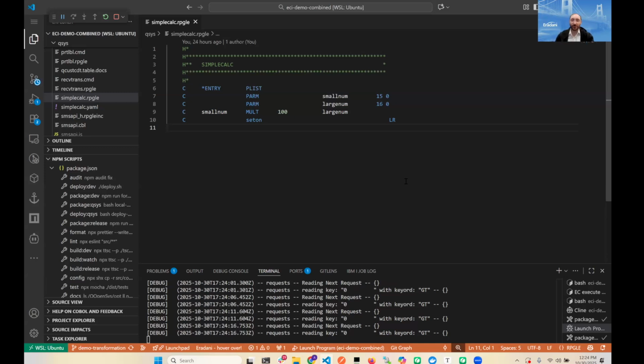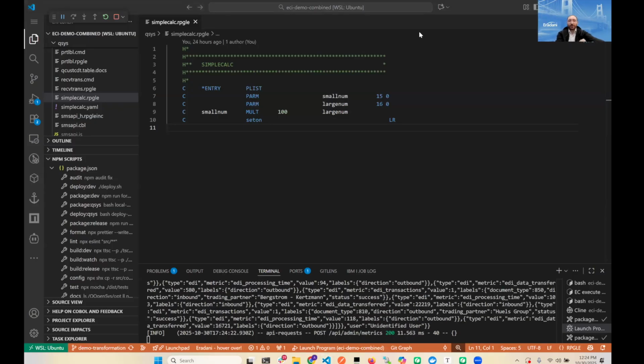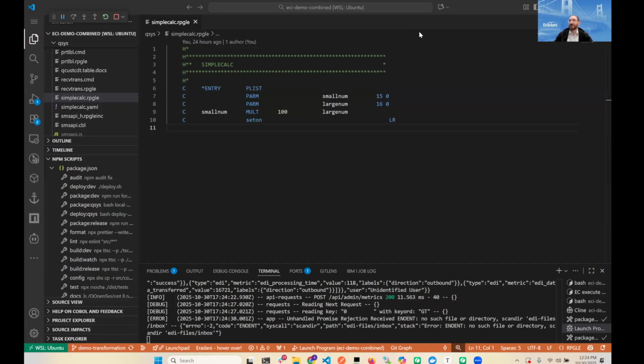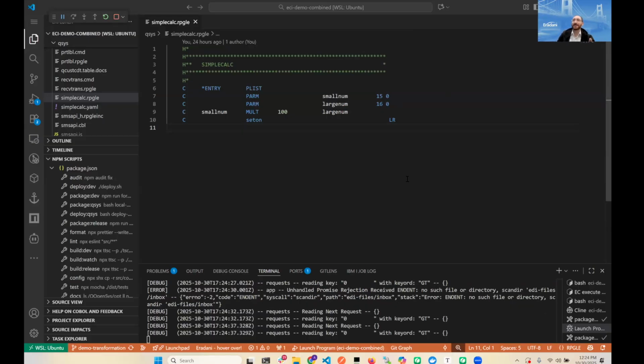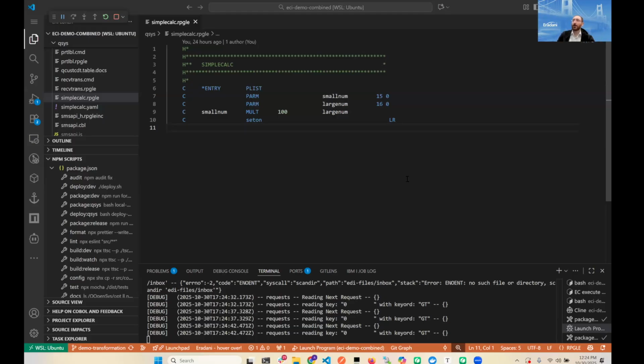So we have an RPG program here. I've got a fixed format program, for anyone who's not familiar, taking in a number, multiplying it by 100, and returning the result. That's basically what I'm doing with this program. I want to use this as an example of what I've seen grow in the AI space around assisted development and documentation, and we will also touch on transformation for people who are looking at that kind of thing. So starting off here,